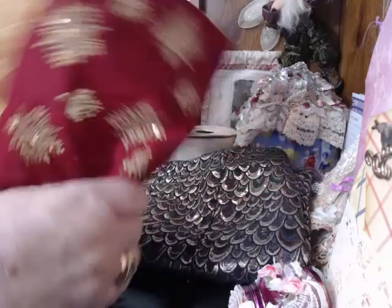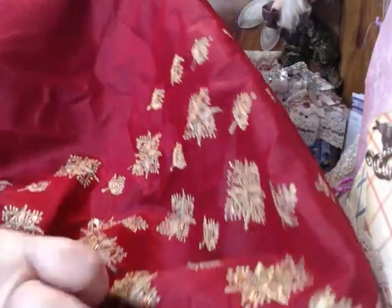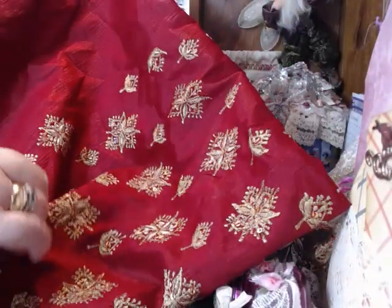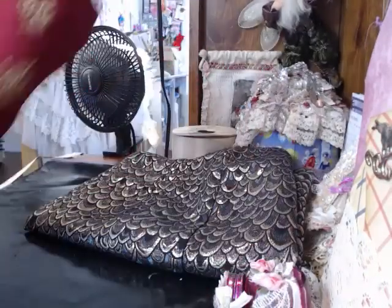Then there's this one, and I think you saw this. It has the gold, and then the gold flowers, and some of it is plain, but not much of it. Most of it has the gold medallions on it. So other than that,